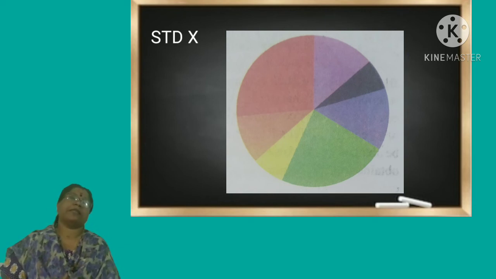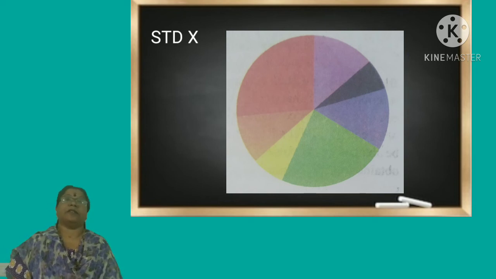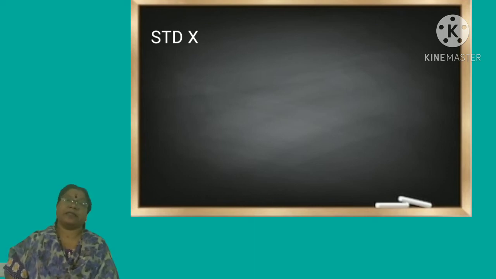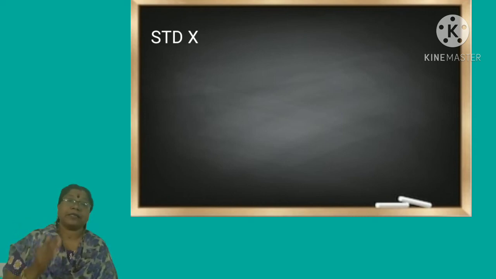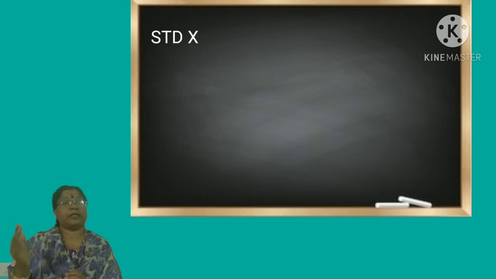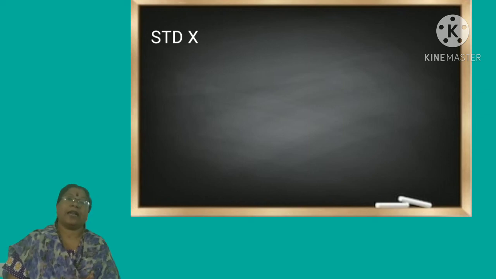But what is the scientific principle behind this? It is persistence of vision. Last year, in 9th standard, you might have studied about persistence of hearing, isn't it? Here, you have to study about persistence of vision. So, what is persistence of vision? Persistence of vision means an image that falls on the retina of our eye remains there for a time period of 1/16 second. So, if another image reaches the retina within this 1/16 second, then you will get the feeling of simultaneous vision.